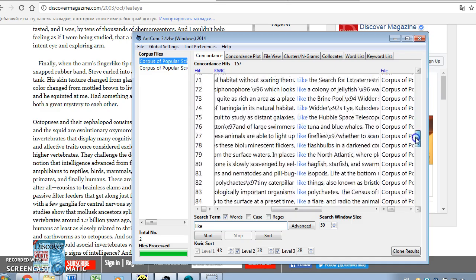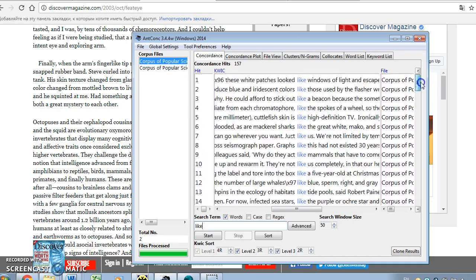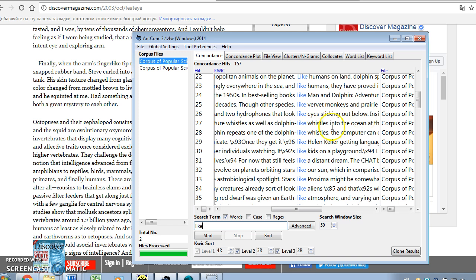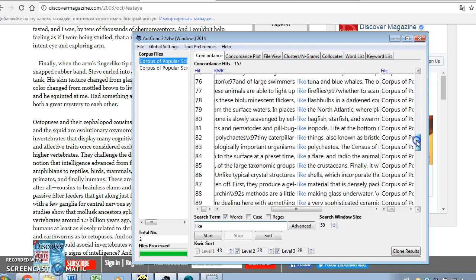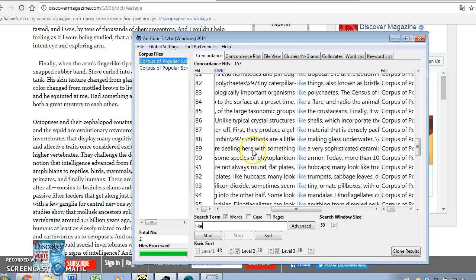And here I can see the whole list of such expressions, so it makes the whole picture much more illustrative and much clearer from the very beginning. And even from some of these examples, we can notice that similes may play a very different function in different situations. So for example, if you look at this example, two hydrophones that look like eyes sticking out below, it's clear that the author resorts to this simile like eyes sticking out below to illustrate the meaning of this more scientific concept, hydrophones.